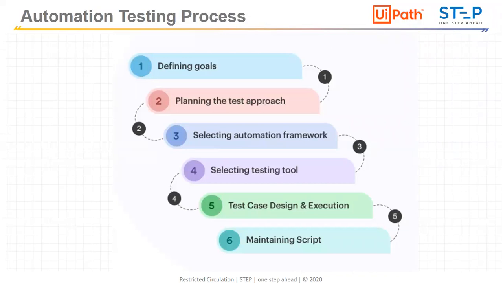And then test case design and execution, so the actual testing work. So out of 1,000 test cases, if we have seen that 400 test cases are giving good ROI, and if we move those test cases to the automation, we will be getting good benefits out of automation, and our manual task will get less. Because when we are designing 1,000 test cases, we need to execute those test cases maybe 5,000 times.